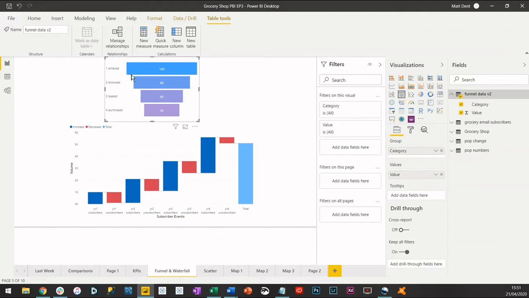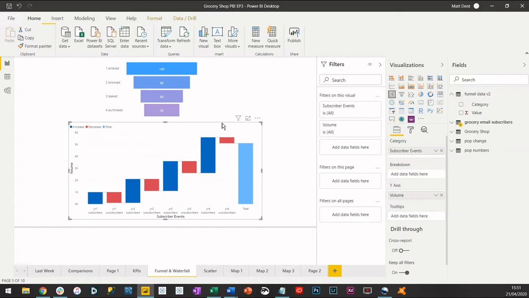So you can see here sort of the flow of the data as people dropped off, and you can see how many people did that. So a funnel is really good for showing that. Another great one for showing flow